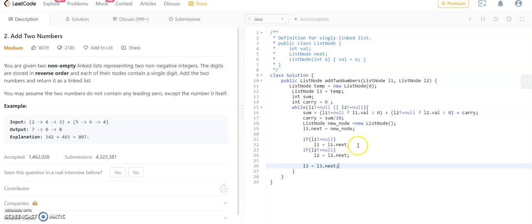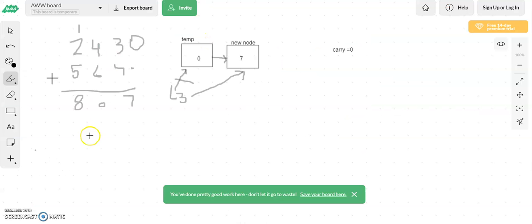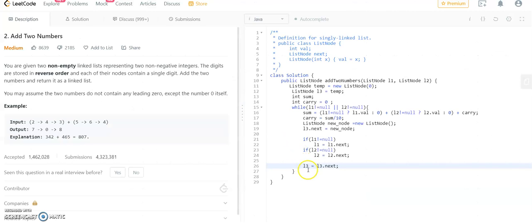And now suppose a situation like if the carry here is 4, so 5 plus 2 is 7, 7 plus 4 will be 11. There will be another digit coming here, and we want to show that also in the output, so we would want to check that condition also after coming out of this while loop. If carry is not equal to 0, then